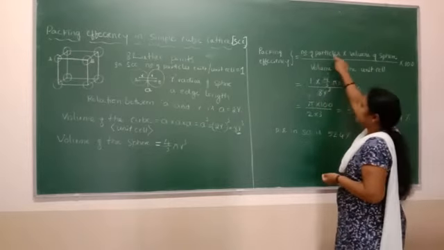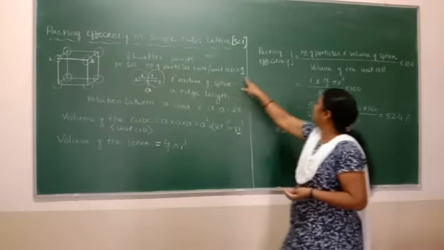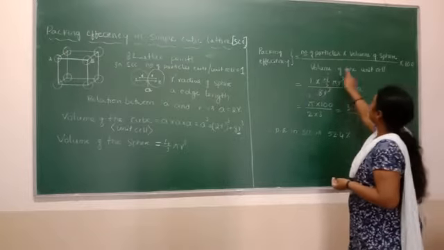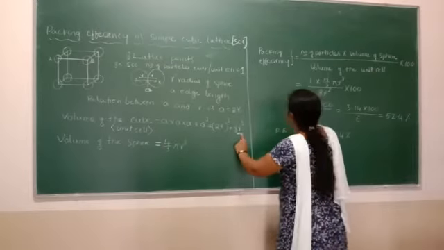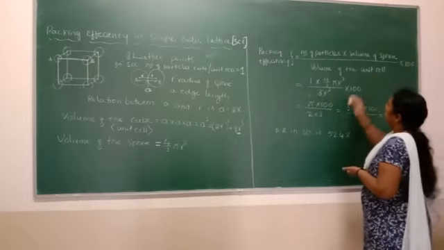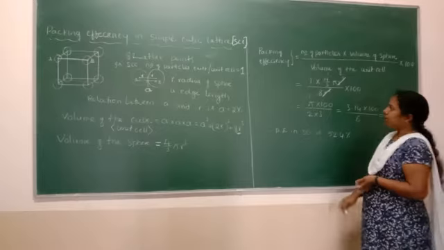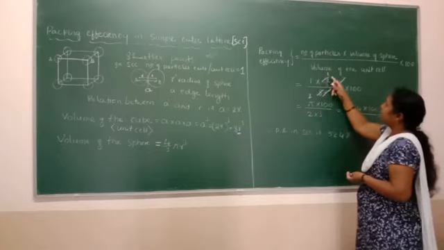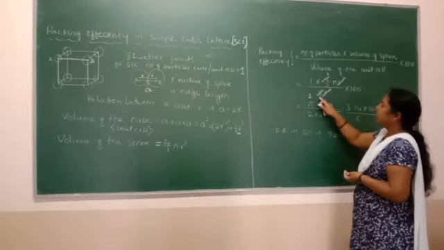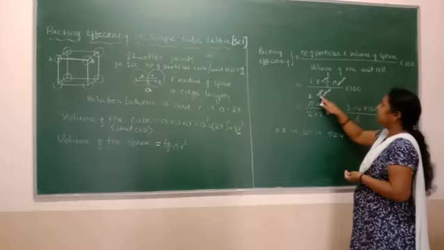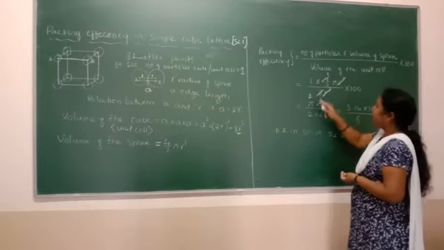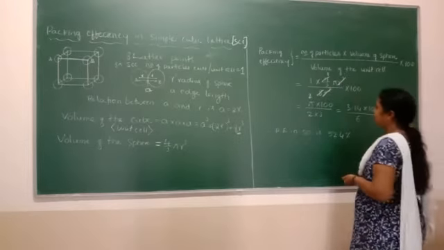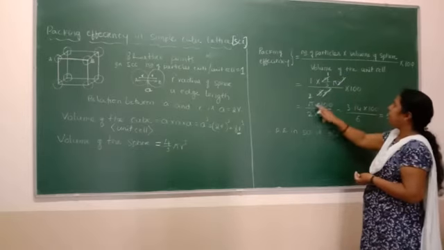So we know that the number of particles per unit cell in the case of simple cubic is 1, into the volume of the sphere, which is 4 by 3 pi r cube, and the volume of the unit cell is going to be how much? 8r cube. So the r cube cancels out. Then 4 ones are 4, and that cancels with 8, so 4 ones are 4 twos. After the simplification, the numerator and denominator cancel out, so remaining is pi and 100.